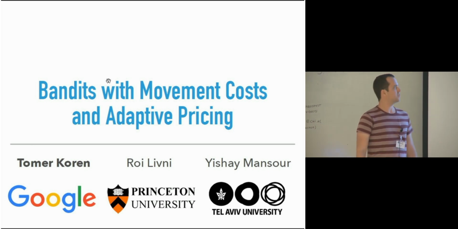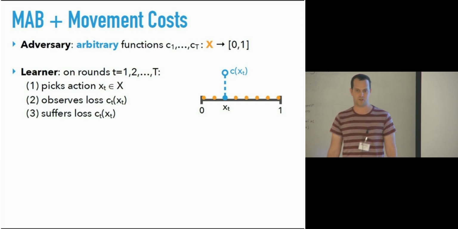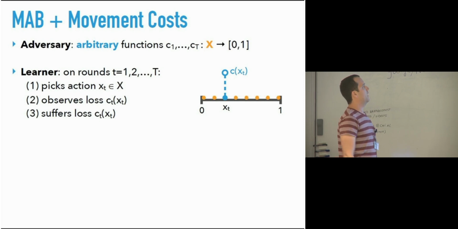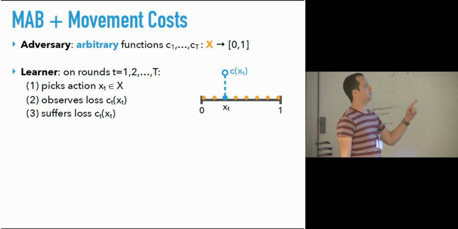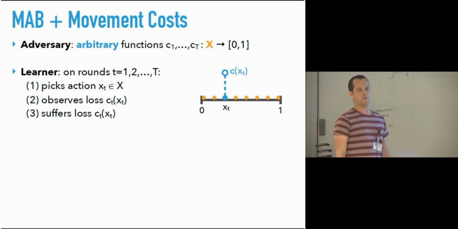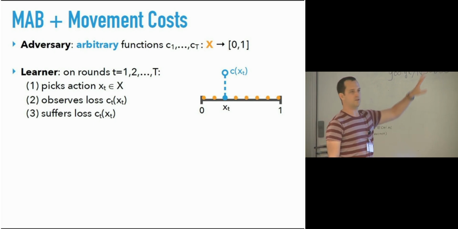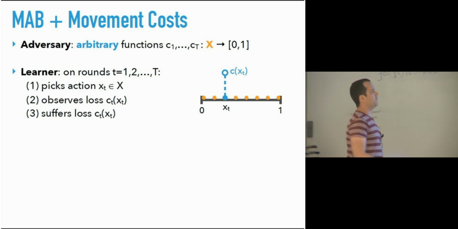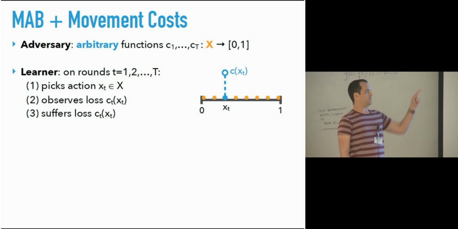Since it's the last talk of the session, let me just start off with the setting, which is very simple. It's a multi-arm bandit problem. There is a learner and an adversary. The adversary picks an arbitrary sequence of cost functions, C1 up to C capital T. Notice that this is the non-stochastic version of the problem. The functions are not stochastic, they are not sampled. These are arbitrary functions, and they are defined over a set of actions X, and map them to the losses